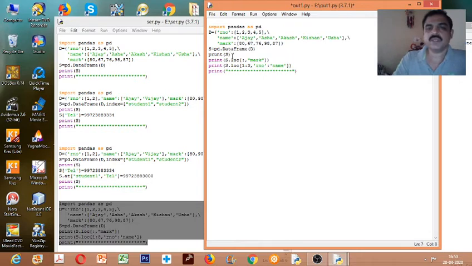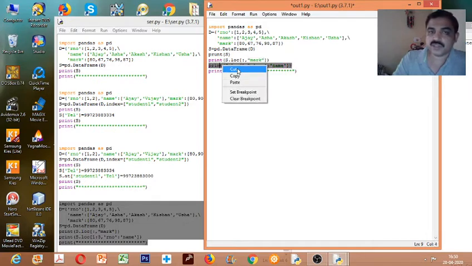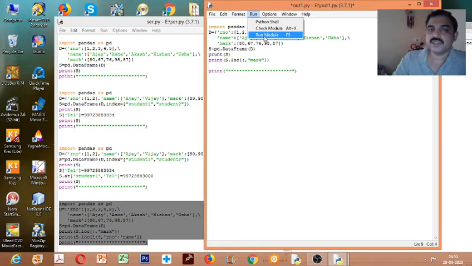So the data frame is displayed. Then print s.loc. I have written nothing here, colon empty. So empty colon empty, that means this is to specify the rows. The second part is to specify the columns. So rows from beginning to the end, and only the mark column I want to display. Let me remove the last line. Now let us see the output first, then we'll add it.